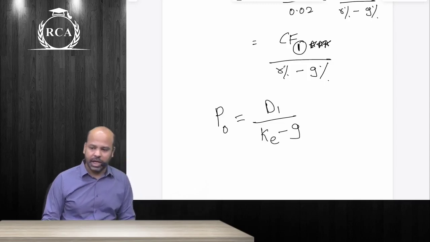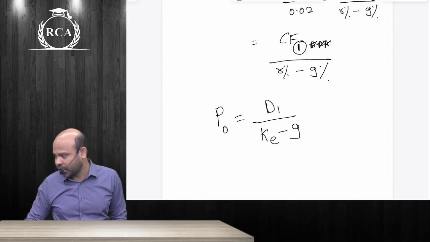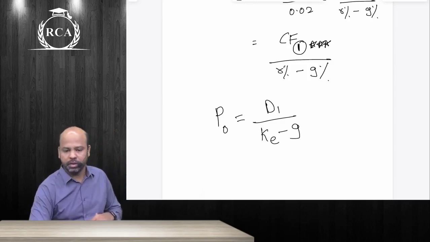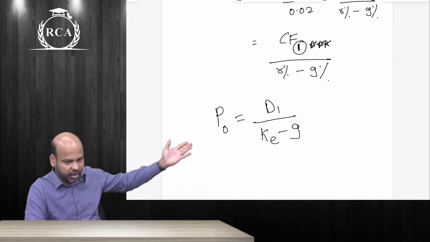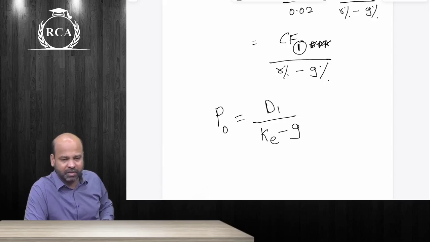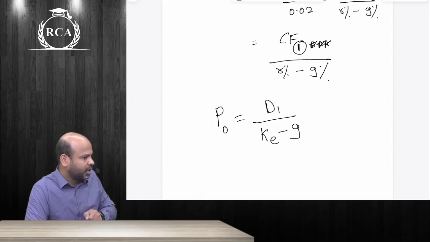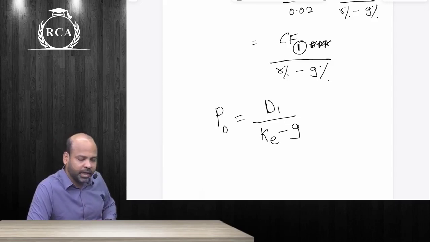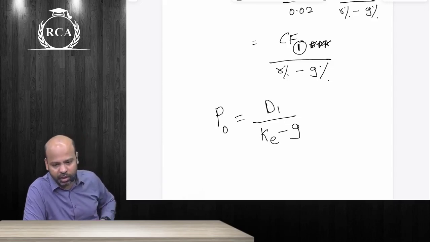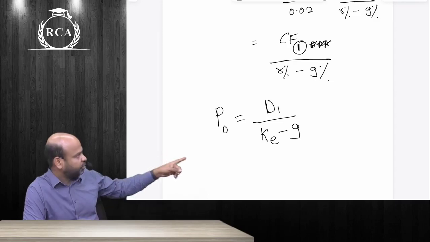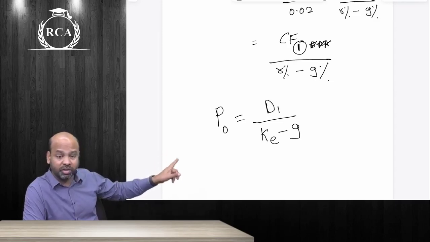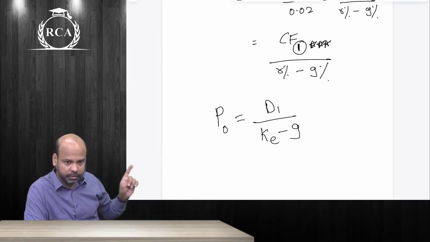If cash flows are increasing at a constant rate, how do you compute present value? CF1 divided by r percent minus g percent. If the cash flows are remaining constant, you will write present value as cash flow divided by r percent. दोनों बहुत important है, याद रखना. I can use this formula, guys, only if the growth rate is constant, right from year 1.